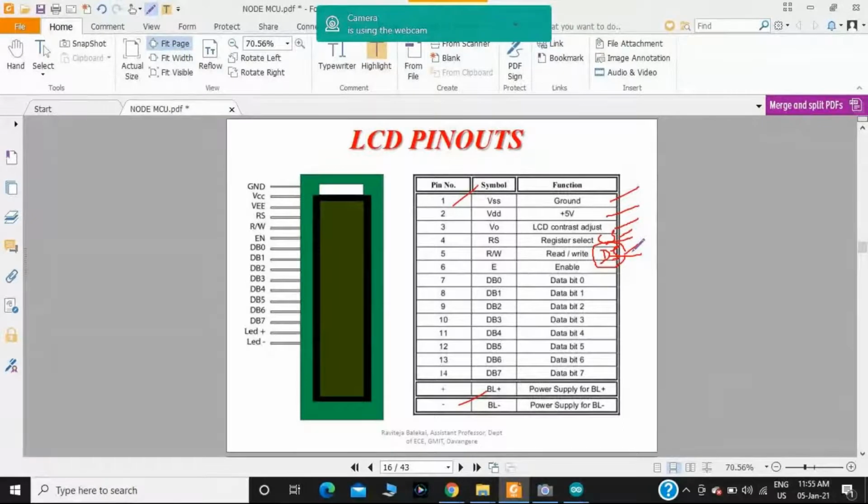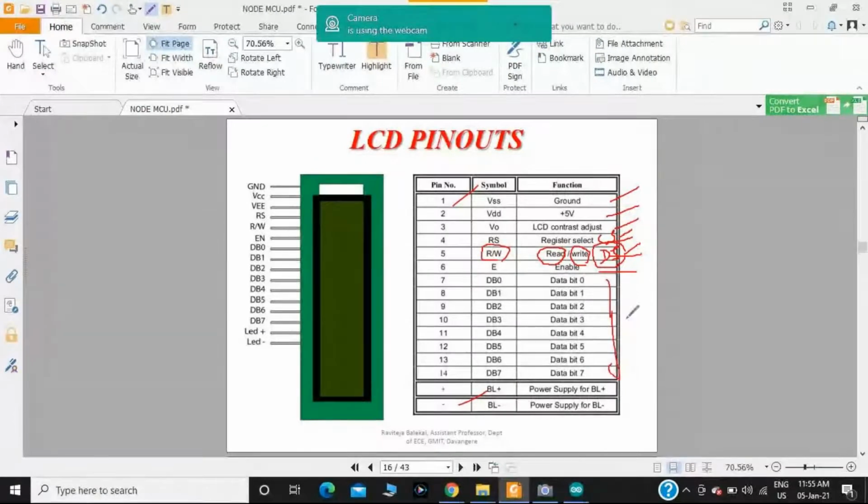Then the read and write operation. With respect to the LCD, we are always doing a write operation, and for the write operation the value should always be ground, and for the read operation the value should be 1, and we enable it by providing ground always. The 16 cross 2 LCD has a total of 8 data pins.